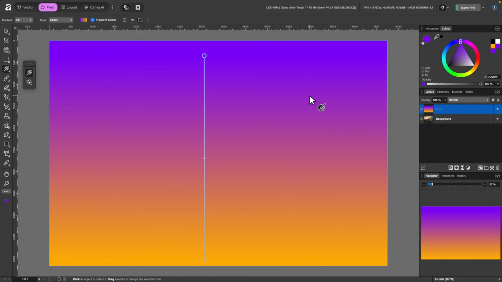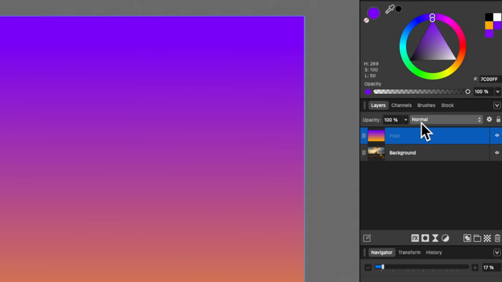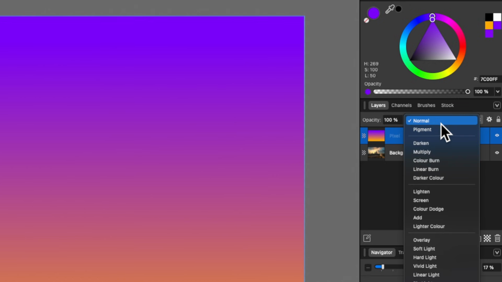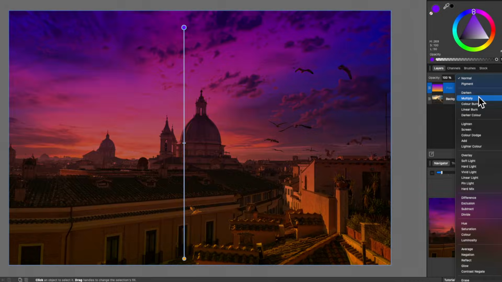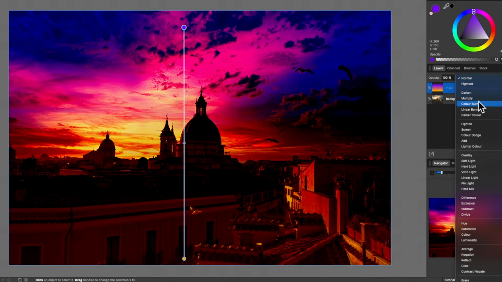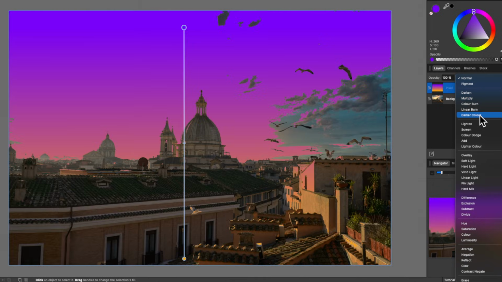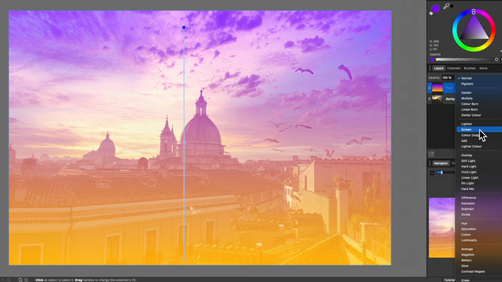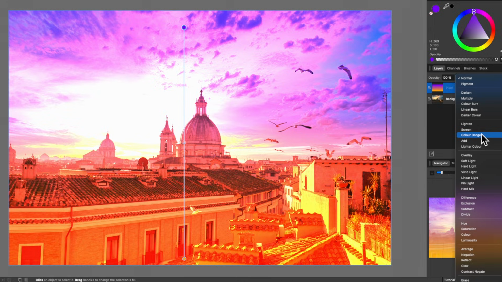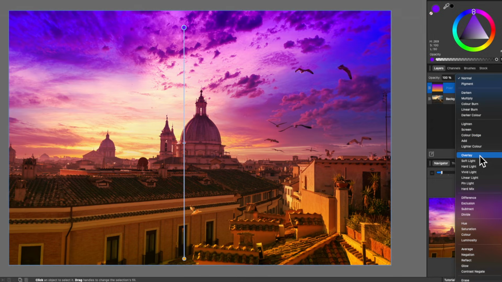So here's what I would do in this scenario. Go back to layers, and you see here, these are your blend modes where it says normal. And I will click on that and cycle through the different options. And you can see how it's affecting the layer underneath or how it's reacting with it. And that's what blend modes are. They basically decide how the selected layer will react with the one underneath using these different blend modes. So I'll just go ahead and leave it on soft light because that looks quite good.